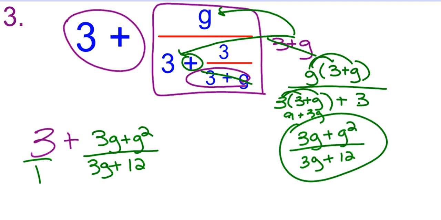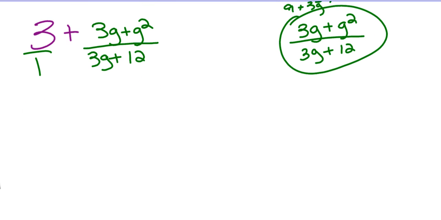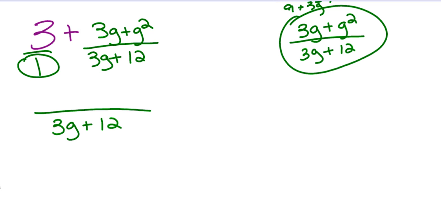So now I'm going to multiply, or I could just find a common denominator if I wanted to. We can just add these fractions if you want to do it that way. So my common denominator between these two fractions is 3g plus 12. Does that make sense? So what do I have to do? Going back to our adding, this denominator changed, so I need to take this 3 that's originally there times 3g plus 12. This denominator did not change, so my numerator won't change, so I'm just going to bring this plus sign over,